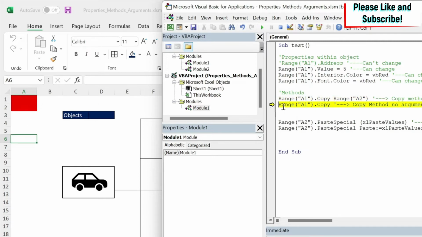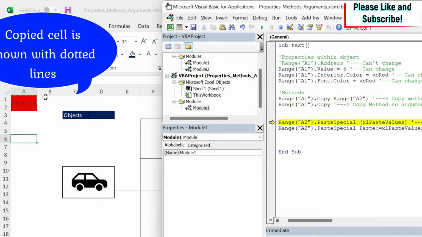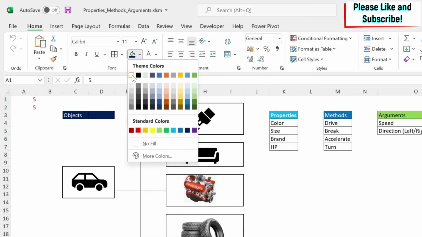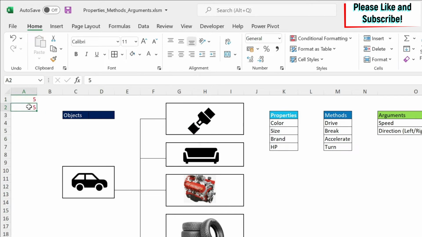Now, sometimes methods do not need arguments. So when I'm copying, I can just copy and not say where I want it, and it will just copy the data. You can see that now A1 is getting copied. Now let's change the format here and make it white, and let's delete this so I can continue showing you